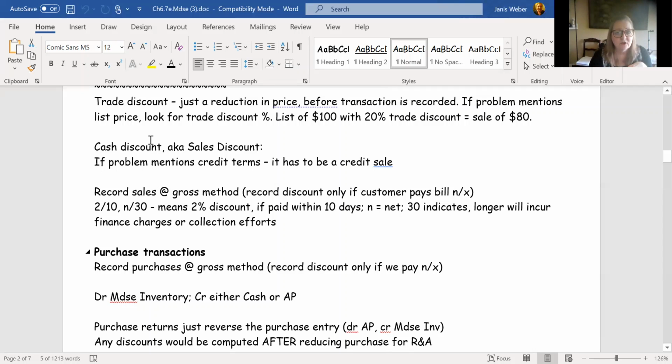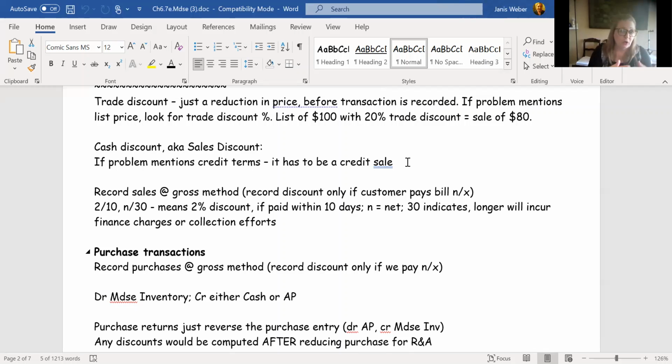All right, a cash discount is also known as a sales discount. This is different from the trade discount because this one is talking about the credit terms, and it usually is a discount for paying early. This one applies when we're using the periodic method and reporting on the gross method, which means you record the sale at the full price. And if they come back and take advantage of the cash discount, or sales discount, that we've offered,